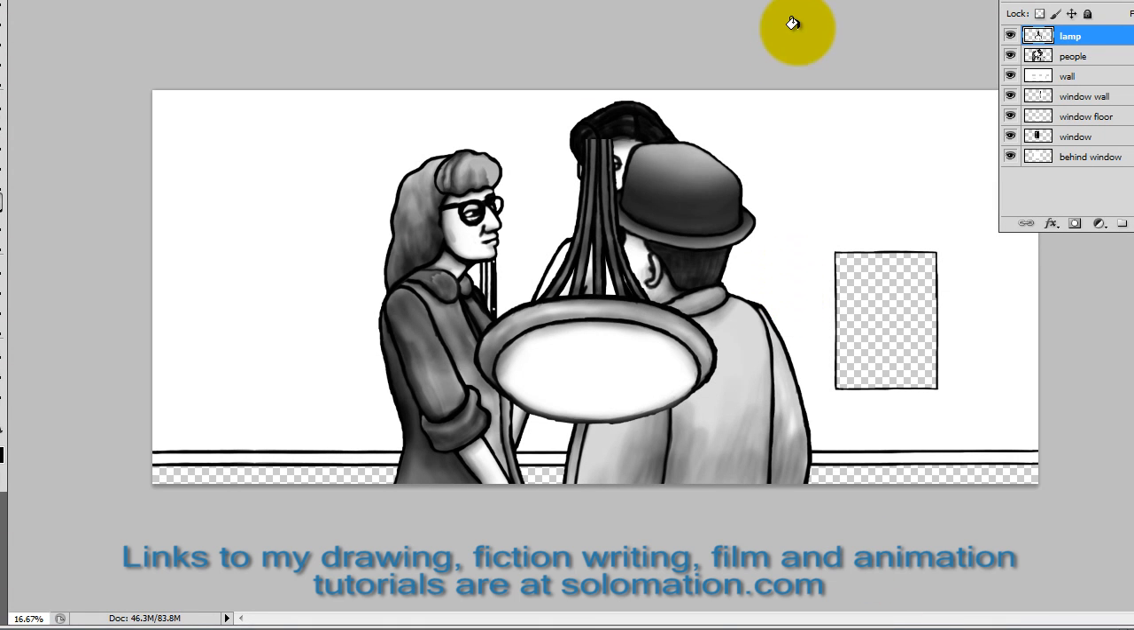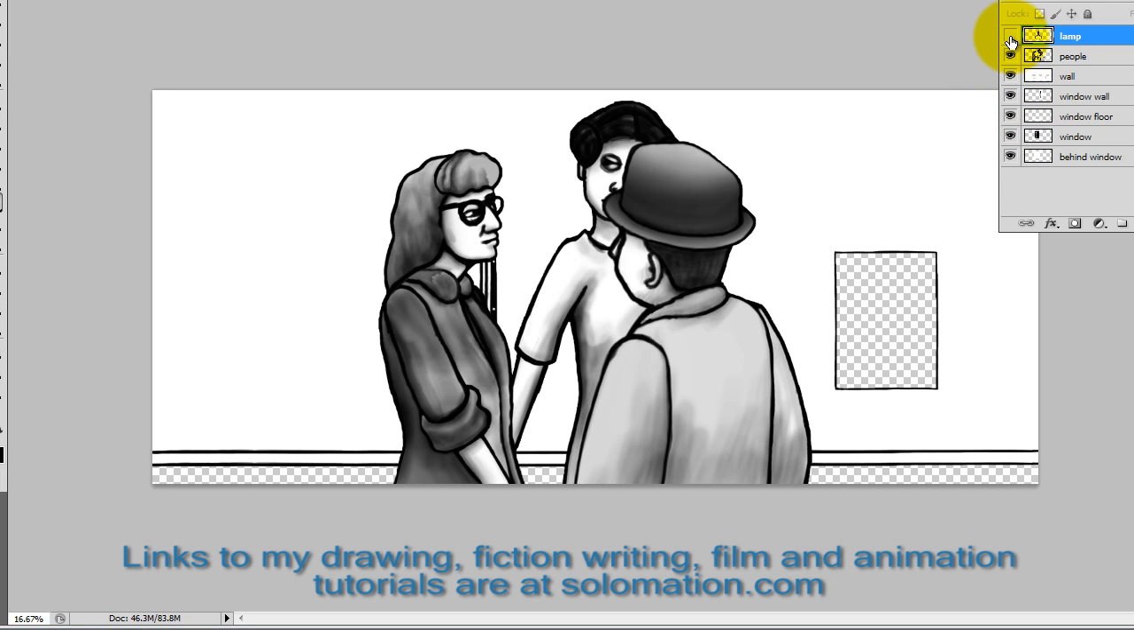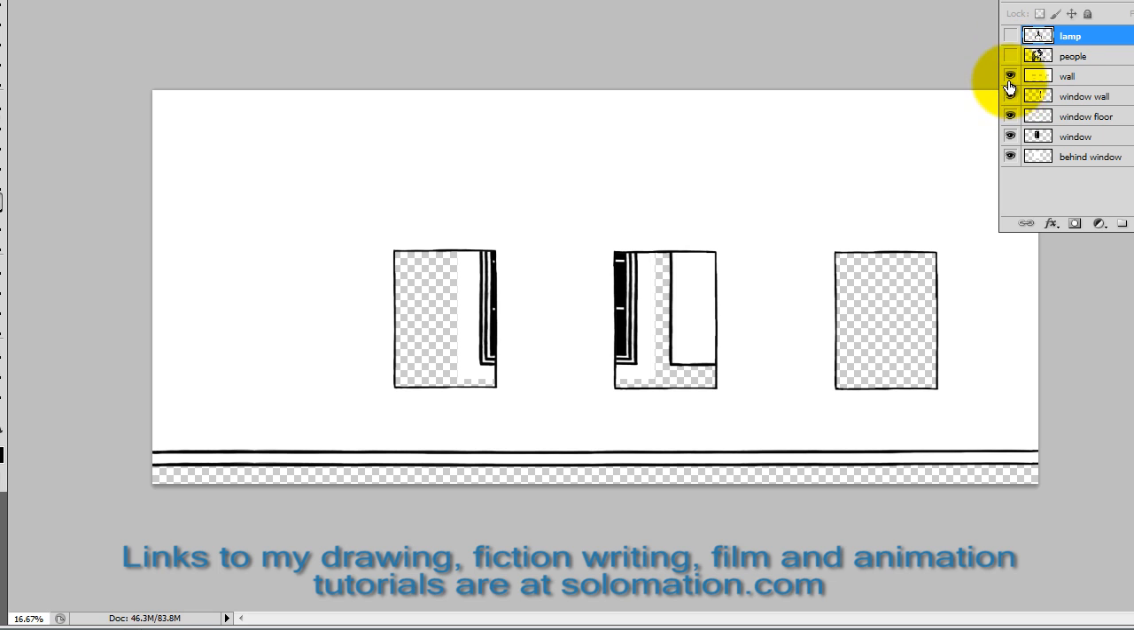So here we have Photoshop. I went ahead and created the whole scene first in Photoshop. I have a lamp in here, but I'll go over here to layers and take the lamp out, and these are the people in the scene. These are all two-dimensional layers, and as you can see here, I have a wall layer. You can see it has the border on the floor, and it's transparent where